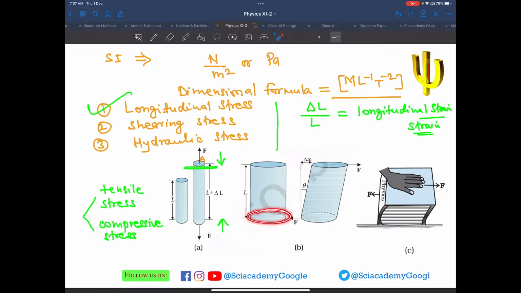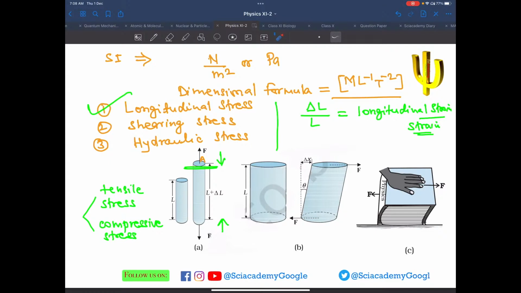So initially the faces of the cylinder were opposite to each other, just like this. But when we applied the two opposite forces parallel to this area of cross section, then there is a relative shift towards this, and this relative shift between the opposite faces of the cylinder causes the shearing strain